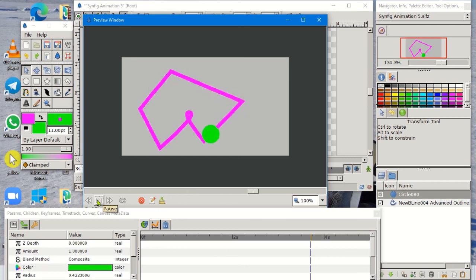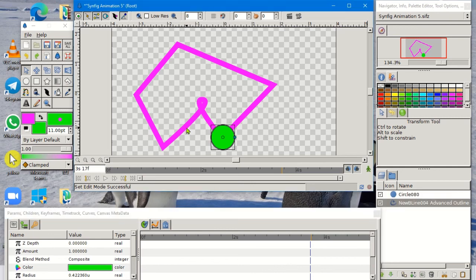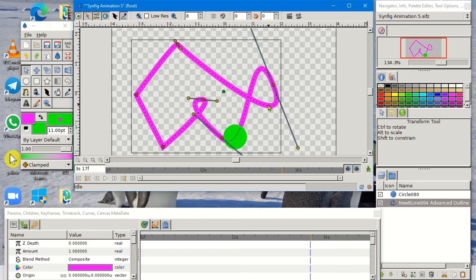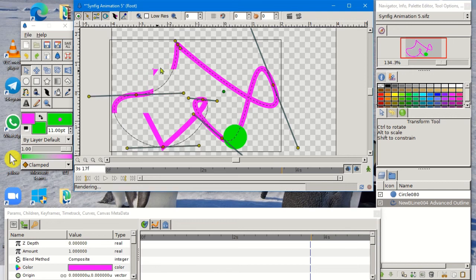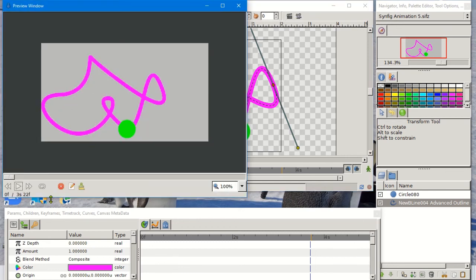And one more thing I want to show you. If I change the path, let me show the change of path. I want to reshape this path. Then what is happening? Let me show. After reshaping, still it is going to move on the same path. Let me show you. You can see here I have changed the path and then I want to move it. So let me play and let me show you. You can see this is going to move on that path only. It is not going to change.